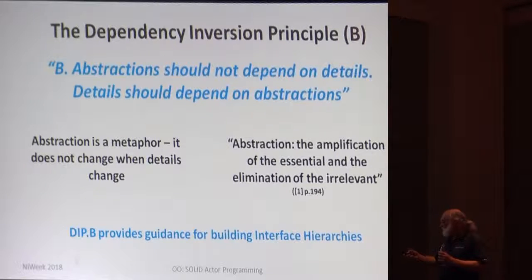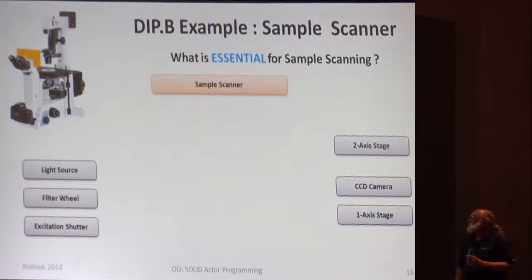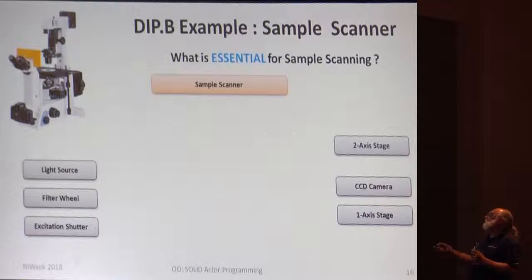So let me show you how to very simply apply this principle and get a lot of value out of it. So you have a sample scanner and you want to implement this class so it can be reused without changes on a different make or model of this microscope. So essentially what it needs to do is to abstract the workflow from unnecessary details. And the first question you ask, what is essential for the sample scanning workflow and what is not?